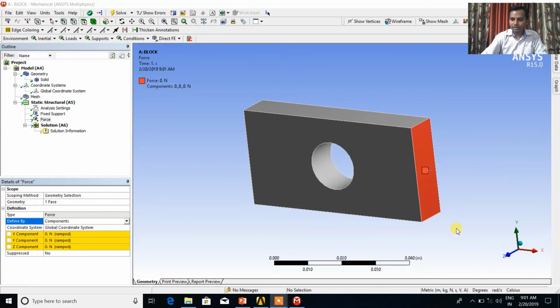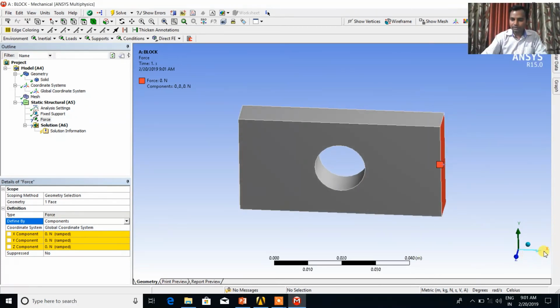You can check the components in the x, y and z directions. I want to apply the load in the x direction, so in x it is 1000 Newton. So 1000 Newton force is applied on the right side face. This is the boundary condition we have applied now.